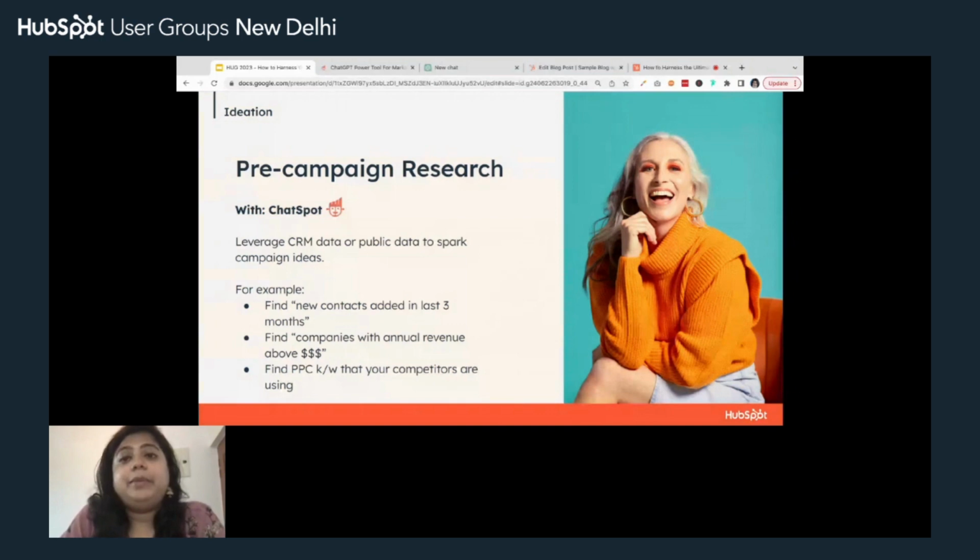Not exactly how to do campaign research, but more in the sense that if you have an idea of the kind of campaign you want to run, and you need to get numbers or some data to see whether this idea works or to validate something, and that data resides within HubSpot, then ChatSpot is a very good tool for you. ChatSpot is able to leverage that CRM data, and to an extent a lot of public company data as well, to spark campaign ideas.